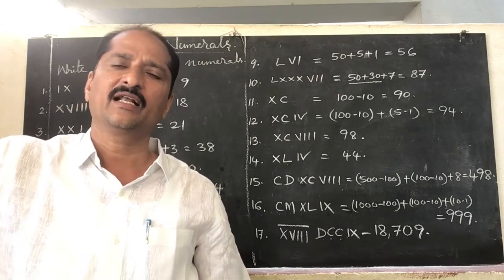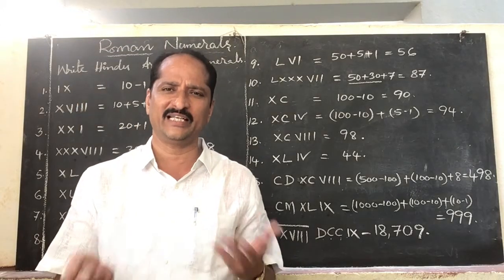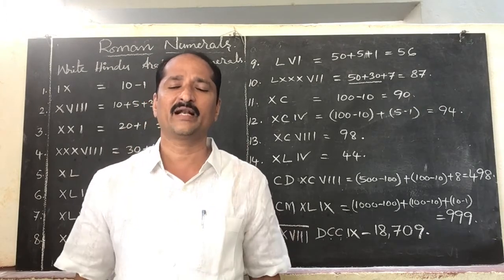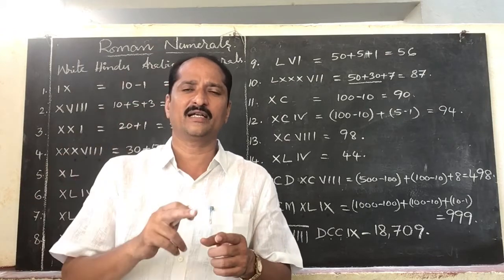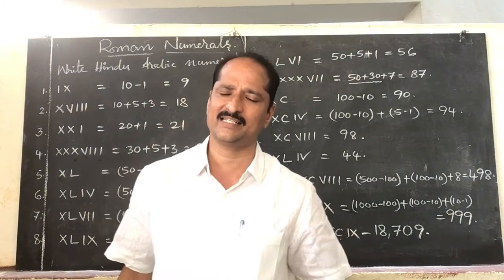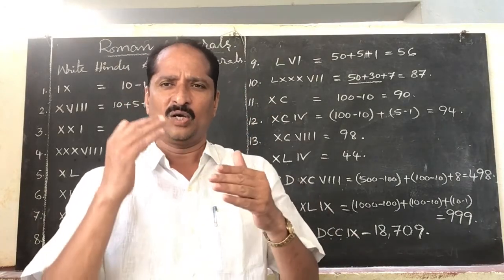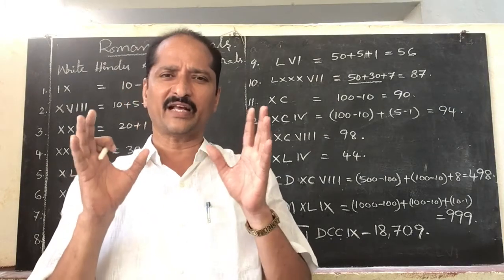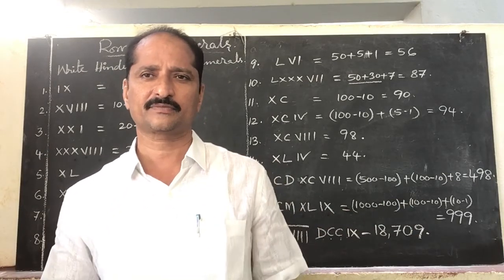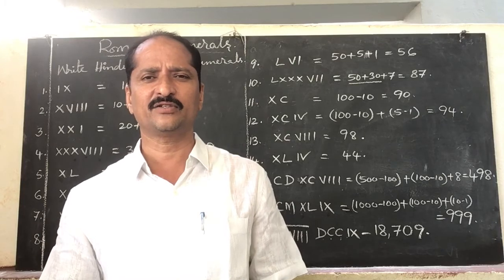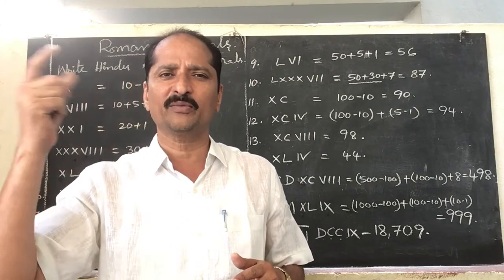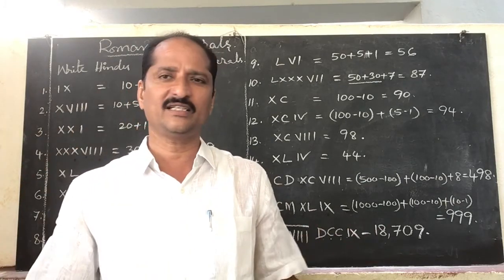In this way, you can write down as many questions as you need. So first of all, you have to write down the numbers 1 to 100 in Roman numbers. Write down numbers from 1 to 100 in Hindu Arabic numbers and then write the Roman numbers for them. So then easily you can understand. Okay. Then afterwards 100 to 200, like that up to 500 if you write the numbers, then easily you can do any number. Afterwards thousands, any number you can take in thousands and expand it. If a Hindu Arabic numeral is given, to write down the Roman numeral for it, expand it and write it down, then easily you will do. Okay, thank you.